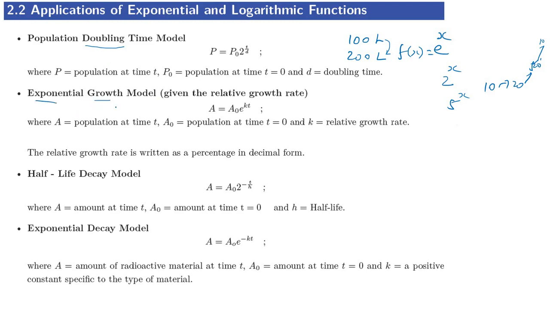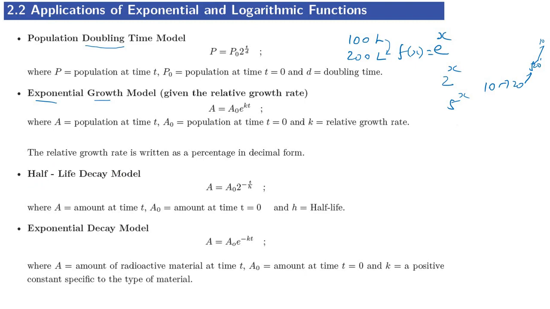You can note one more point also, okay. Here double means 2, so that's the reason it is 2 power, easy for you to remember. Here exponential growth model, so here e power. Please note that this is also exponential, this is also exponential, okay. So sometimes the word doubling will not come, but the word population will come, okay. Population of a country means this formula. Population of a bacteria or virus, okay, that means exponential growth model. We will see examples, you will be able to understand easily.